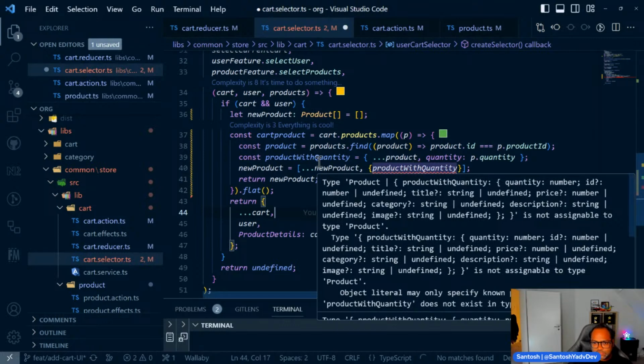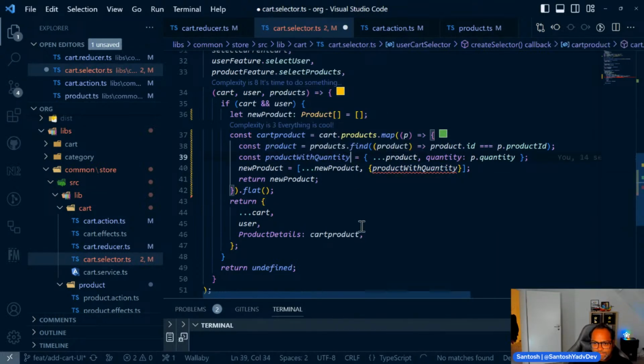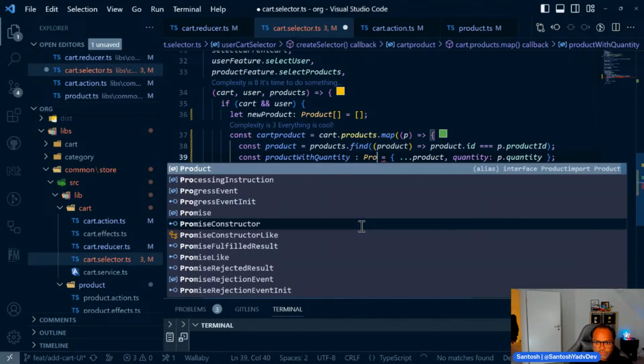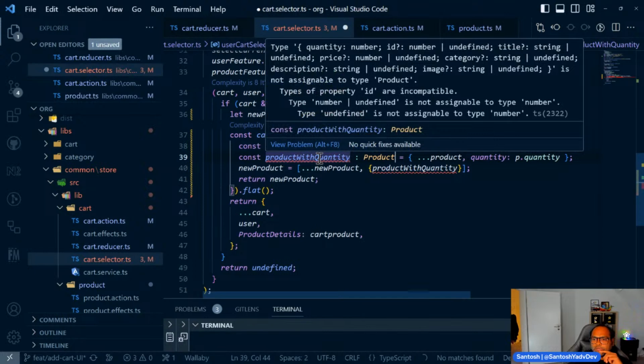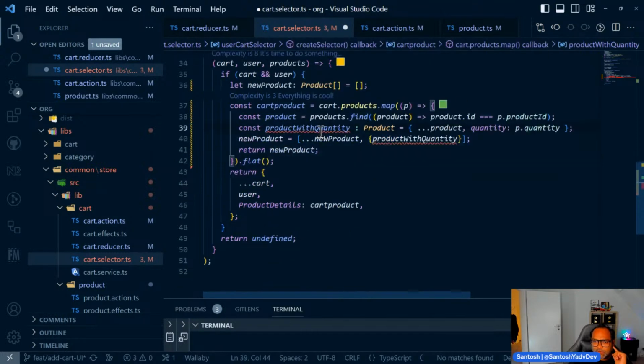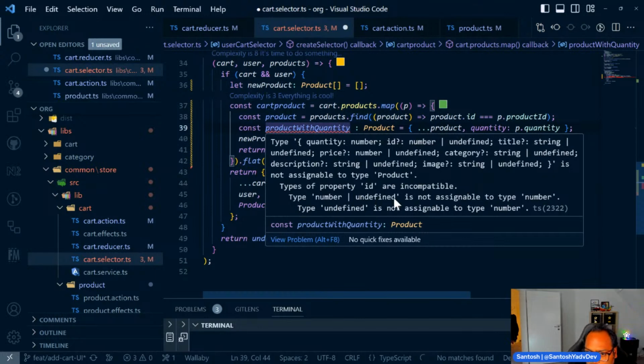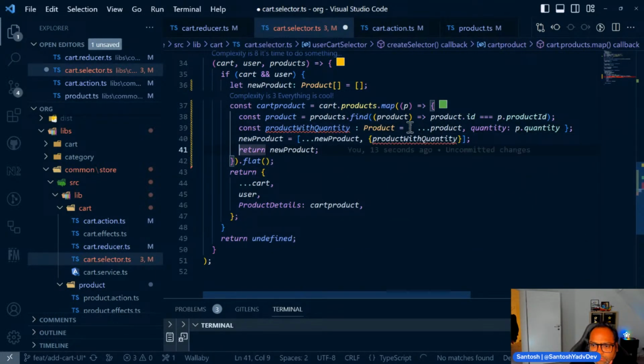That's why it's an object. Product quantity. Types of property ID are incompatible. What is this type number? Undefined is not assignable to type number. But this is